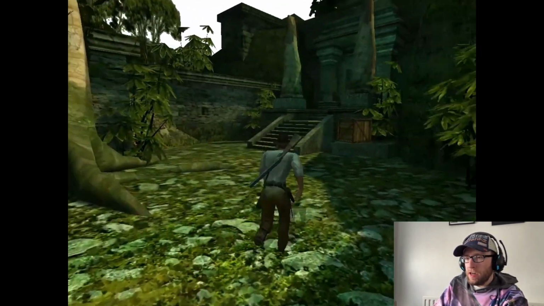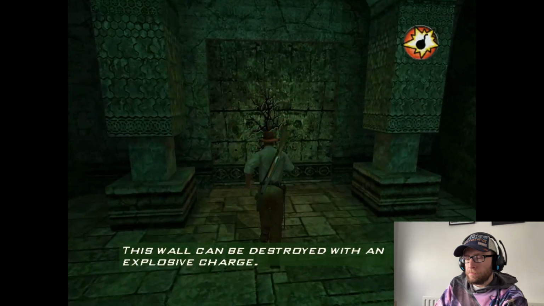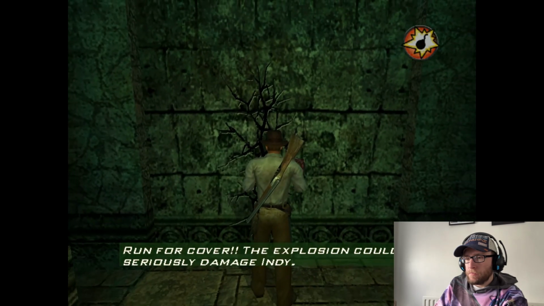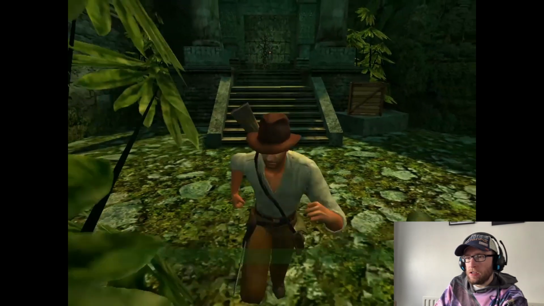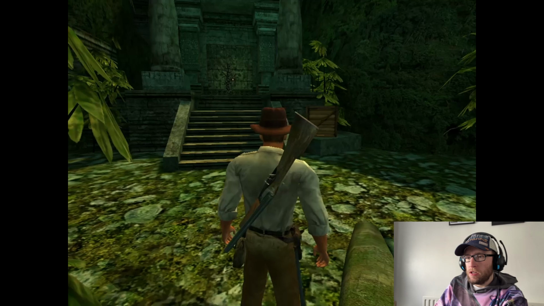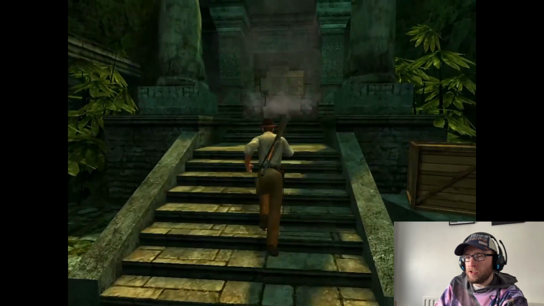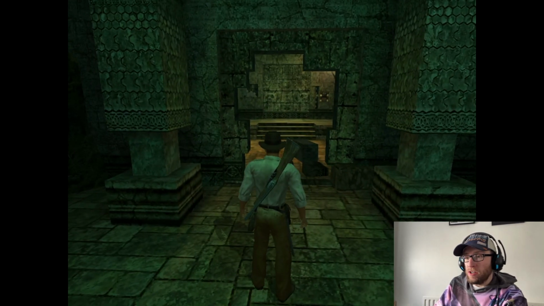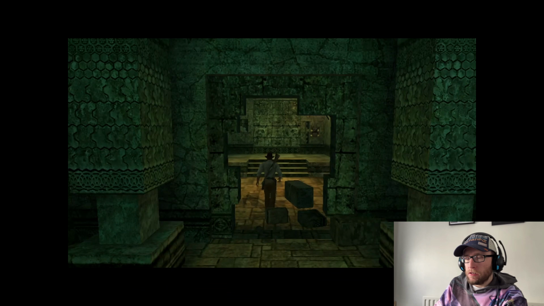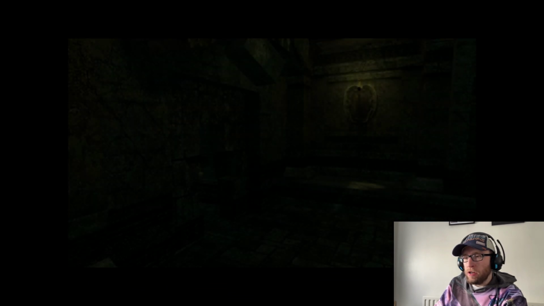So we have the dynamite. And then you will take damage, so run like hell. Wait for the explosion. I have been hit sometimes by those rocks, so always hang back. So that's going to be it for this Indiana Jones and the Emperor's Tomb playthrough with commentary,